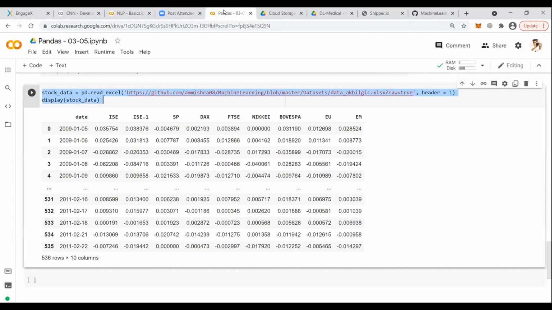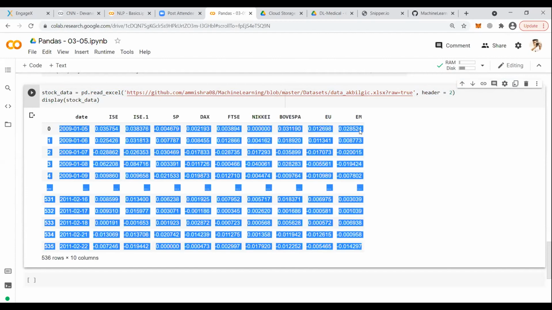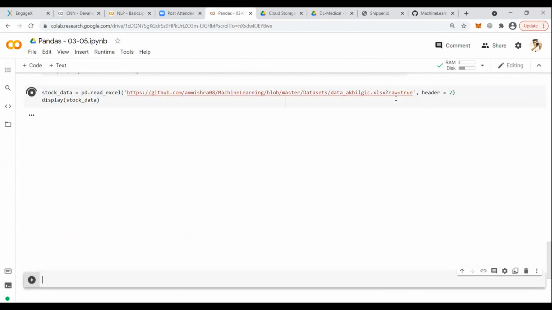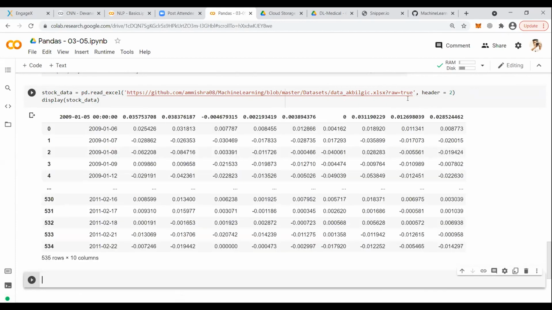All of you start doing it and confirm on the chat window if you have finished with this part and understood it as well. What is the meaning of header? You can control which will be the column name with the help of header. Suppose I write header equals to 2, then what will happen? This particular value will become the column name. I'll show you, see. That's what it is.